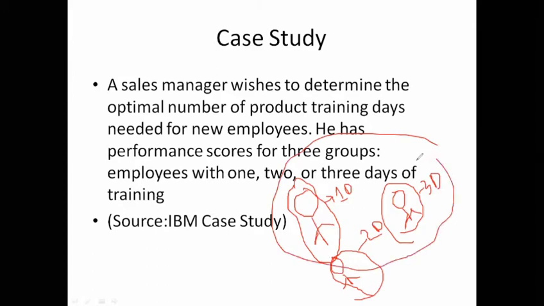Here we have more than 2 samples, so we use ANOVA. Now let's have a look at how to conduct analysis of variance in SPSS. I'm sharing my SPSS window.